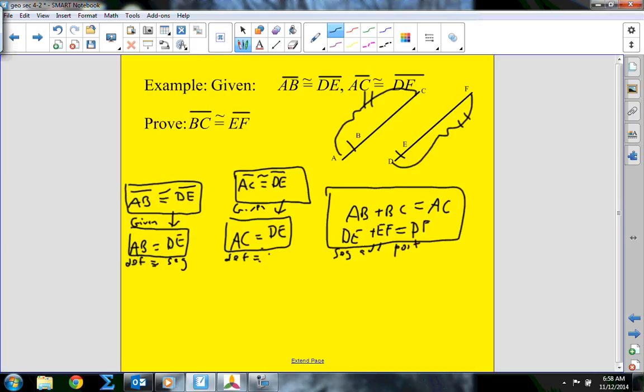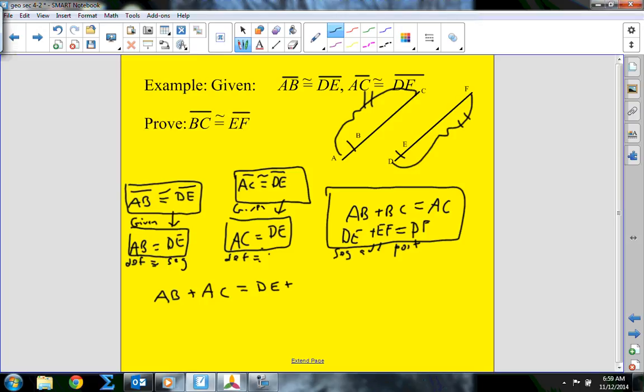Now this box is unrelated to these other two boxes because this is true whether those are congruent or not. So they're not related information. Now let's come back to what we learned. If I add this left side to this left side, that will equal adding this right side to this right side. So that means that AB plus BC equals DE plus